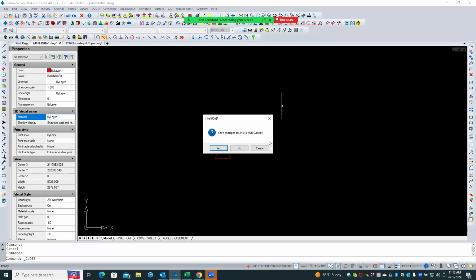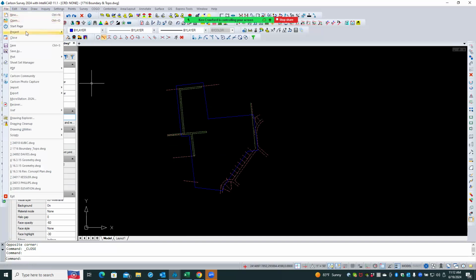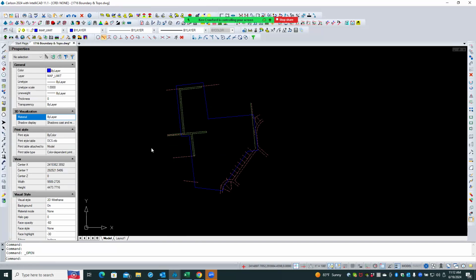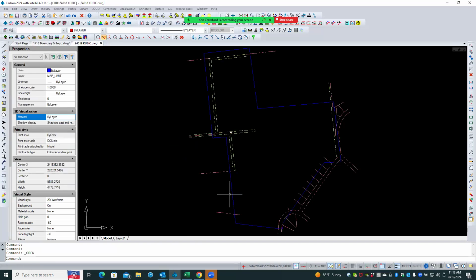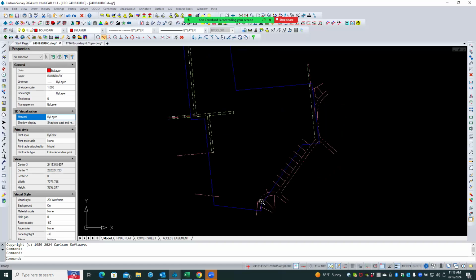If I close that, save the changes. Now let's open that again. And that's this one here. Okay, so there, now that's the result of it. And we're in your cubic. I'm going to put that back over here, just the same arrangement you had. So I'm now in your cubic drawing, and